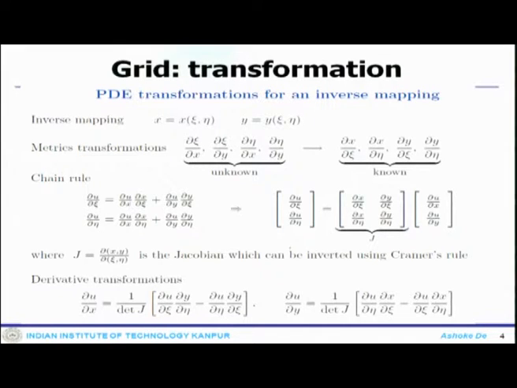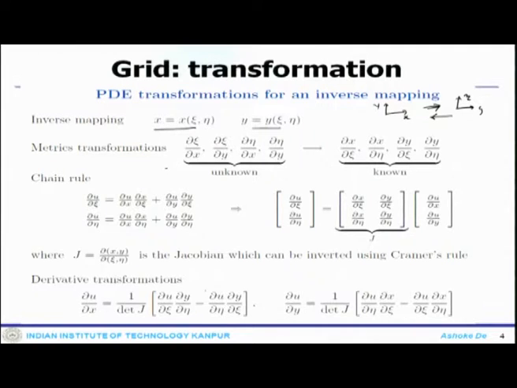Once you transform to the xi-eta system, you get your solution done, and then you do the inverse transformation. How do you do that? Inverse transformation means I have gone from the xy system to the xi eta system, this is the forward transformation. Now, inverse transformation will get me back to the xy system. So, x is also a function of xi and eta, and y is a function of xi and eta. So, you use your chain rule and find out all these derivatives.